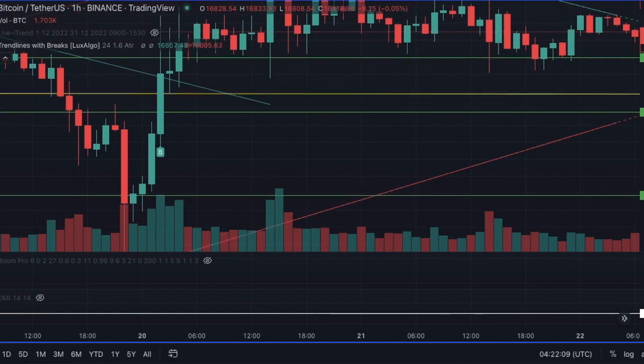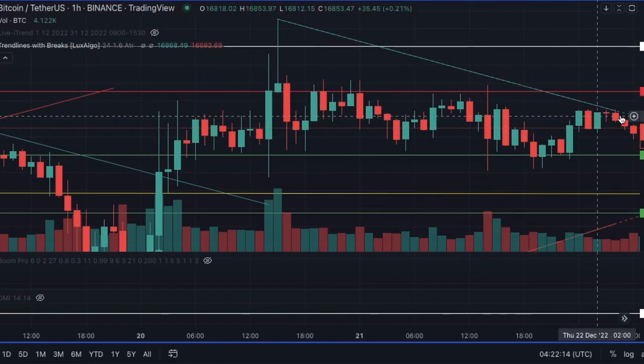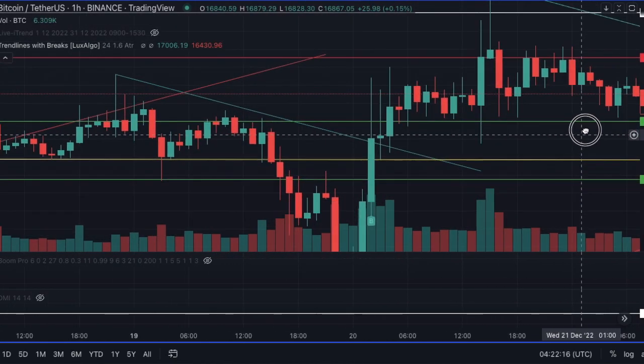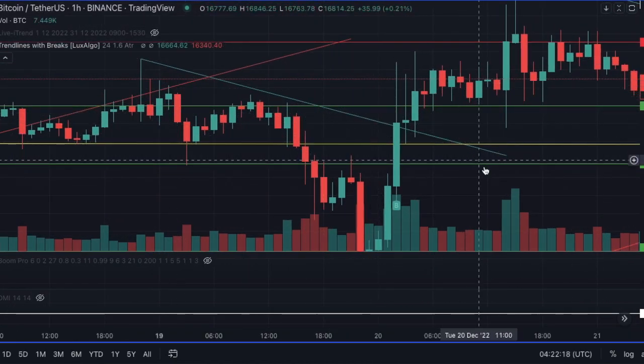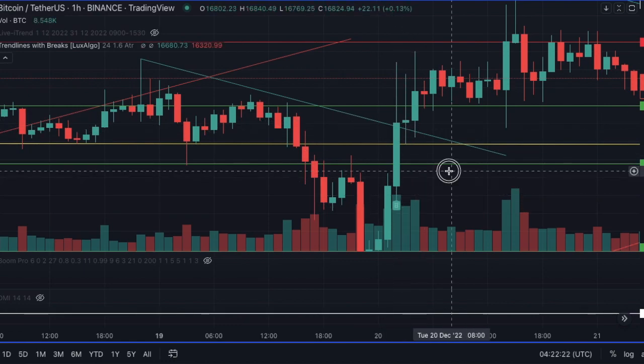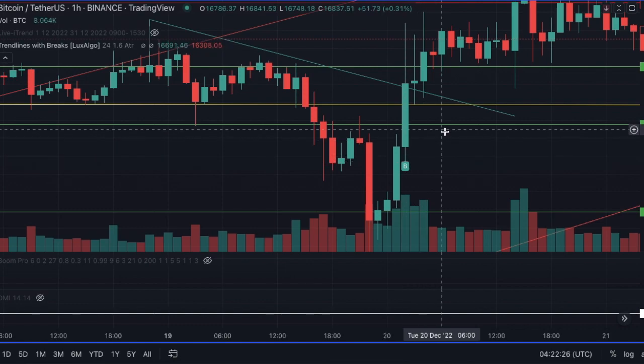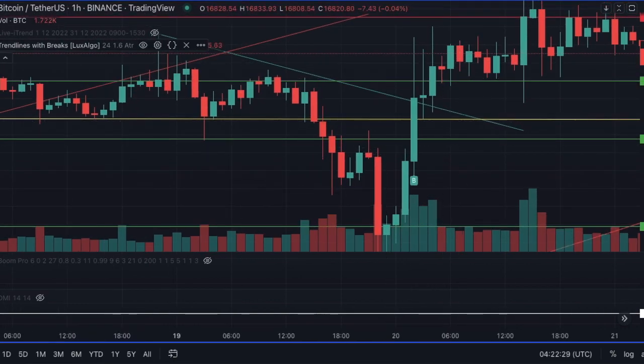You can see it shows you good resistance also. Boom, resistance. When it breaks out, just take an entry. It says buy. So it's a good chart, I guess. Good indicator. You can use it. Trend Lines with Breaks, Lux Algo. Okay, so the others I use are,